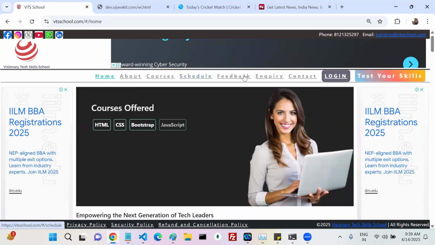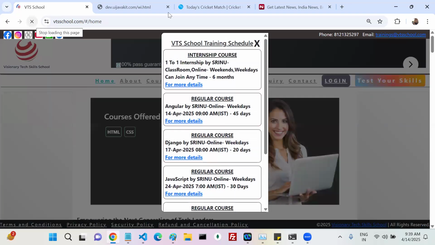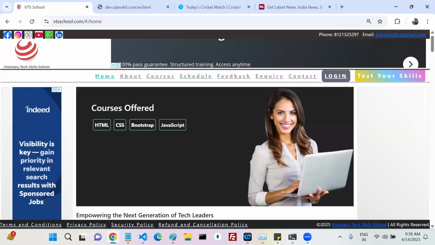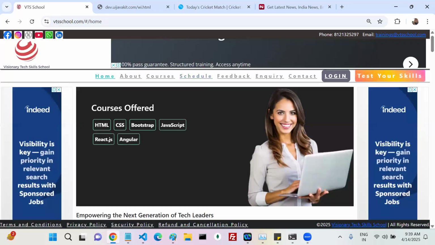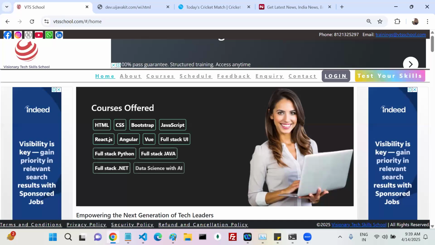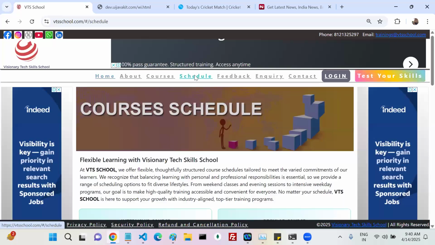Now if you come here, total how many pages are there? 1, 2, 3, 4, 5, 6, 7, 8, 9 pages are there. On first-time load, are all the 9 pages required, or is only home enough? General question: only home is enough, right? Remaining all are not required, but whenever you click, then only it is required.